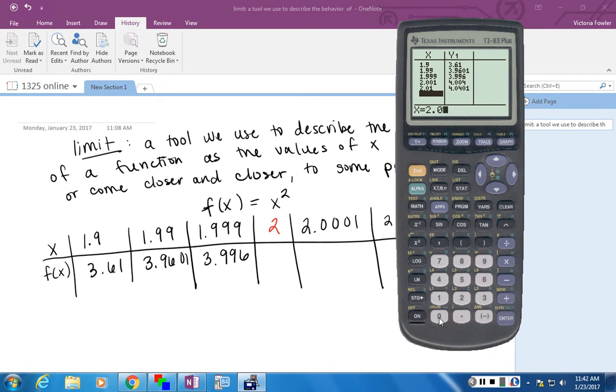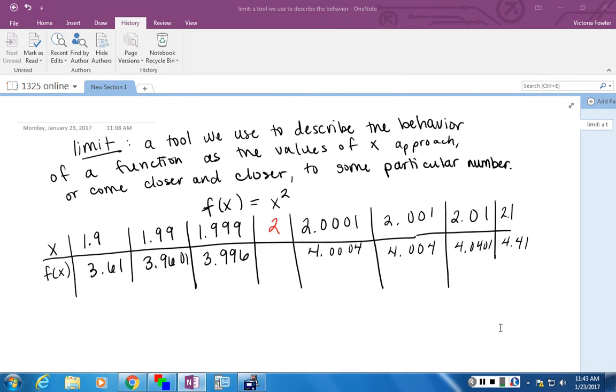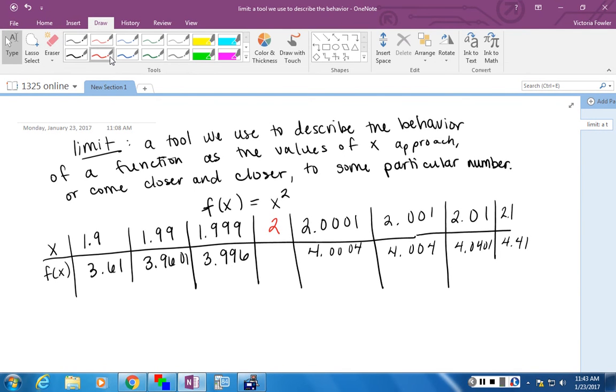I think I missed one of them in there. Okay, so I've gone ahead and I have written in exactly what you saw on the screen here,